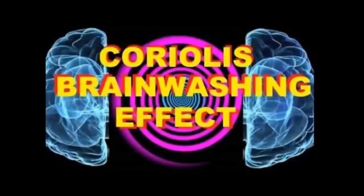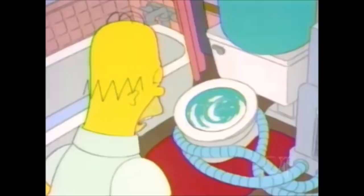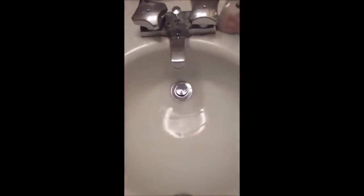One ball Earth proof is that sinks, drains, and toilets all spin one direction in the northern hemisphere, while in the southern hemisphere, they spin the opposite direction. This is known as the Coriolis effect. However, in the same house, people can observe water draining in different directions. If water spinning in a direction was the primary result of Earth's motion, then water should never be seen spinning